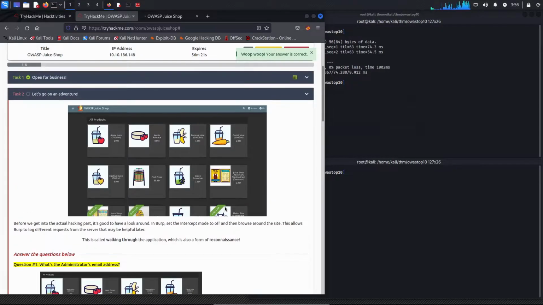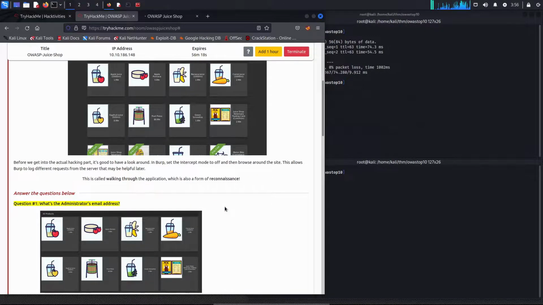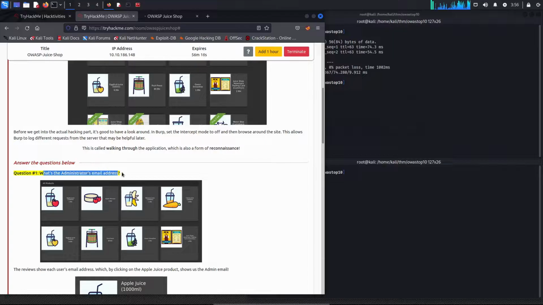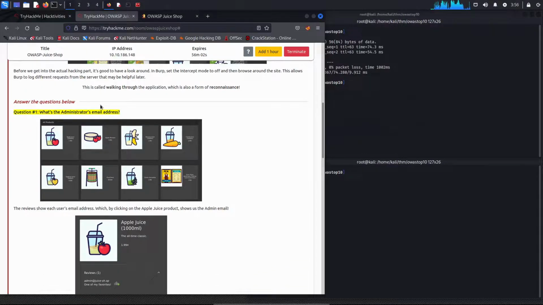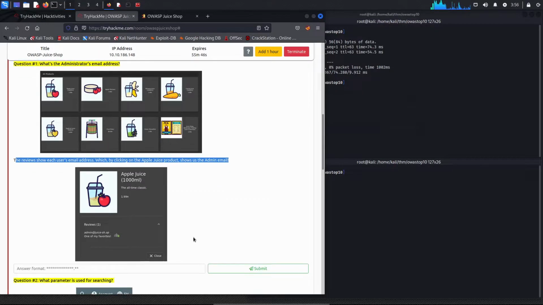So I'm just going right into the questions. What's the administrator email? For this room, they give a lot of instructions on how to do it, so this is very easy to get started. We have to get the administrator email address, and if we look at this hint, it says the reviews show each user's email address, which by clicking on the Apple Juice product shows us the admin email.